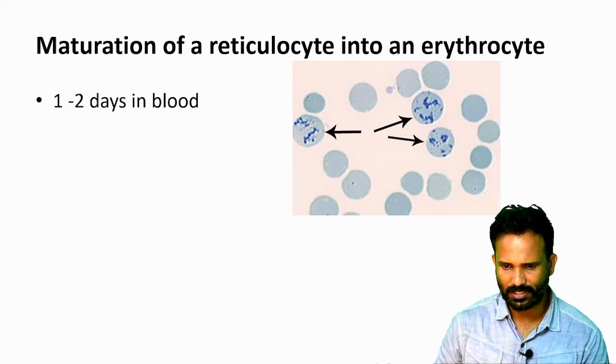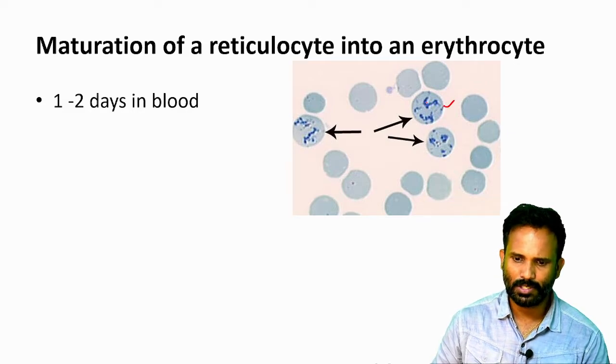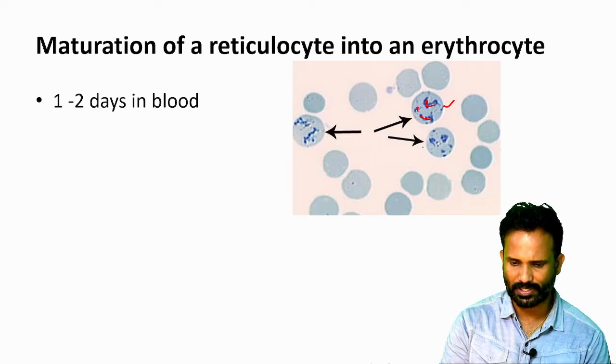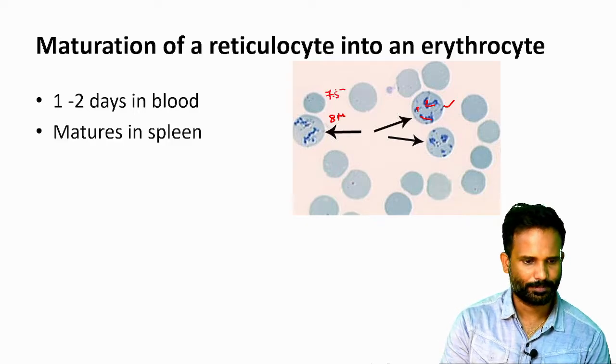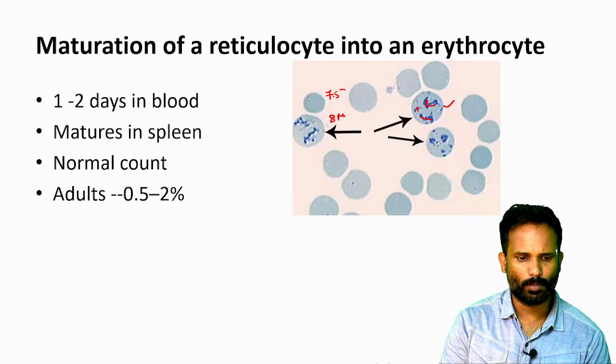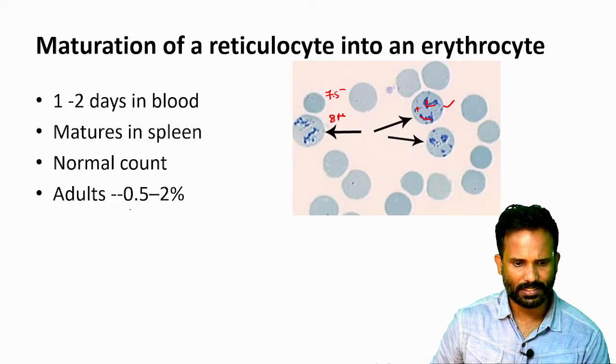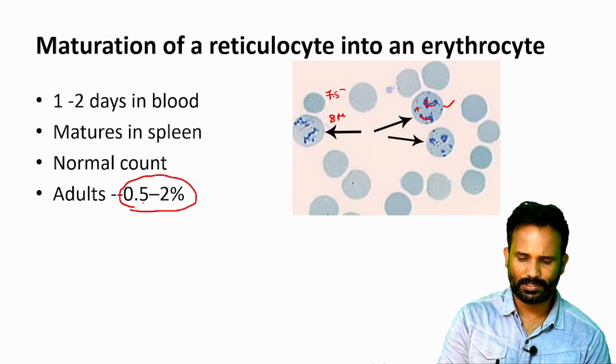So you can see here the supravital staining by brilliant cresyl blue. The reticulum appears dark blue in color, and that is called a reticulocyte. And if you see the size, it's almost 8 microns, whereas an RBC is around 7.5 microns. It matures in the spleen, and the normal count of reticulocytes in adults is 0.5 to 2% of erythrocytes,